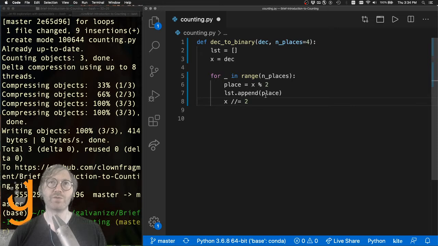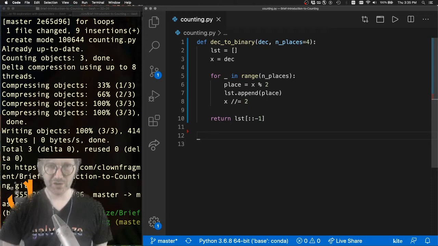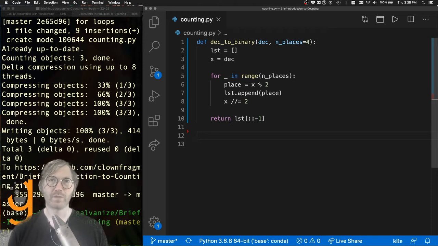And as x goes through, we're going to end up with a 4-bit number representation. Now, there are ways that this won't work, and I will sort of try to demonstrate that. So the last thing I'm going to do is reverse that list, and we're going to get a representation of this in a reverse list form, so that it should be in the right order. If you notice, what happens here is we're dealing with the largest number first, and so we're appending the largest place